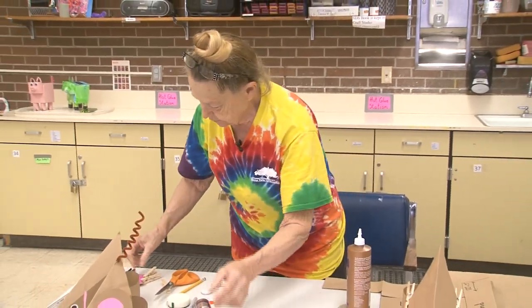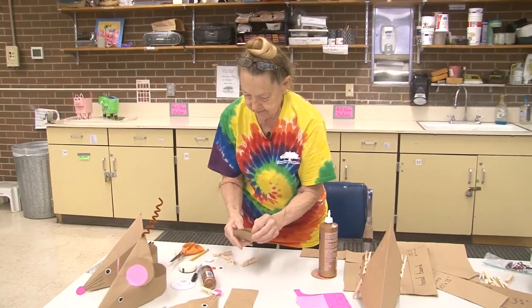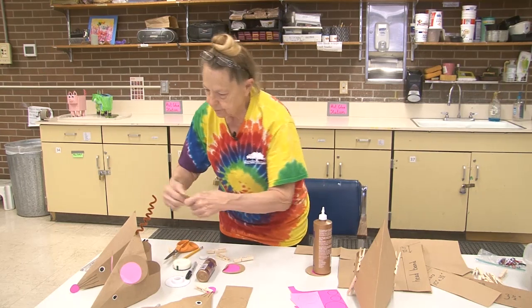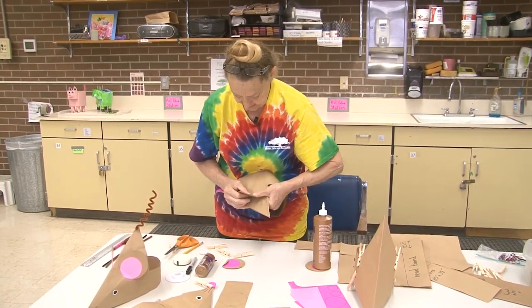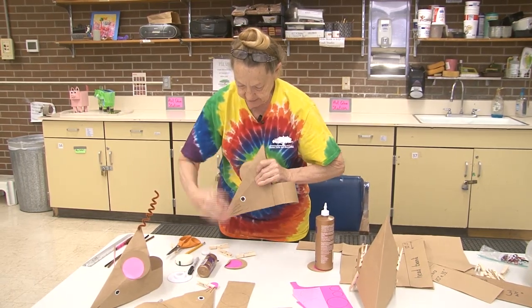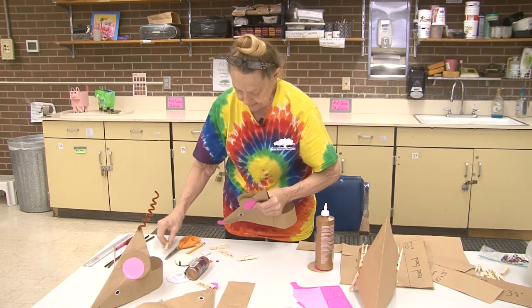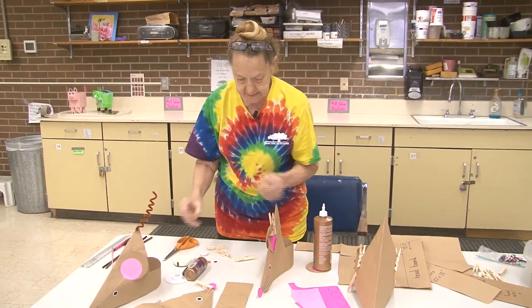All right, next you put the ears on. So you're going to glue, and I'm just going to do one of them. And I follow this line right here. And you'll do the same thing for the other side. And what I'm going to do is just go ahead and pinch these. And then the last thing you want to do is the